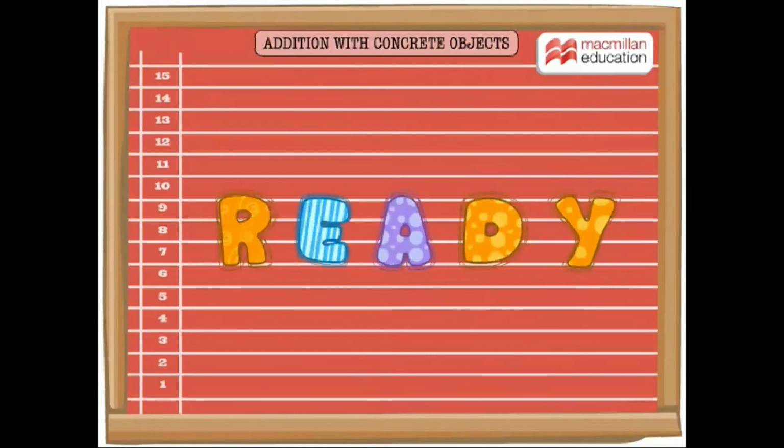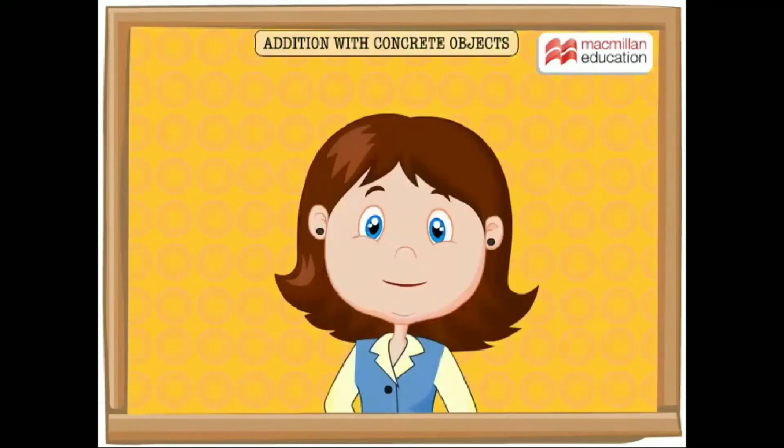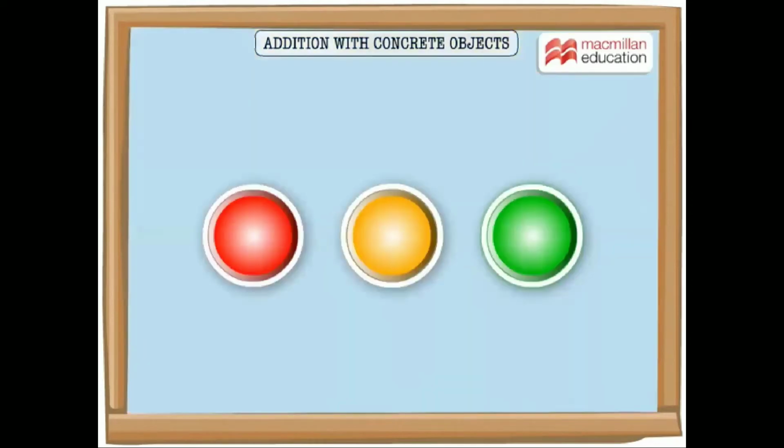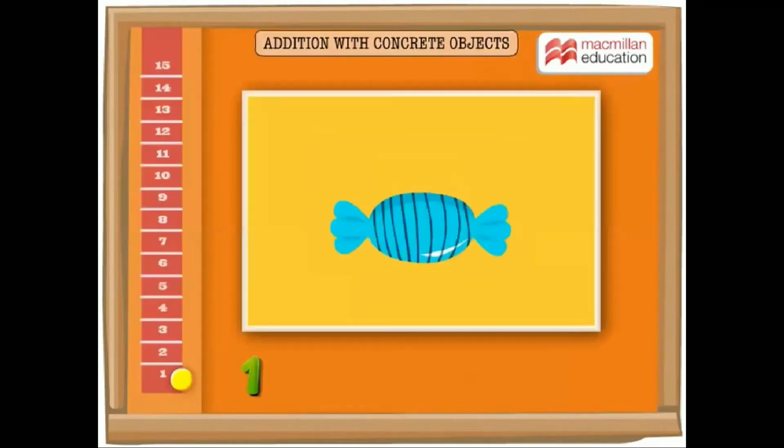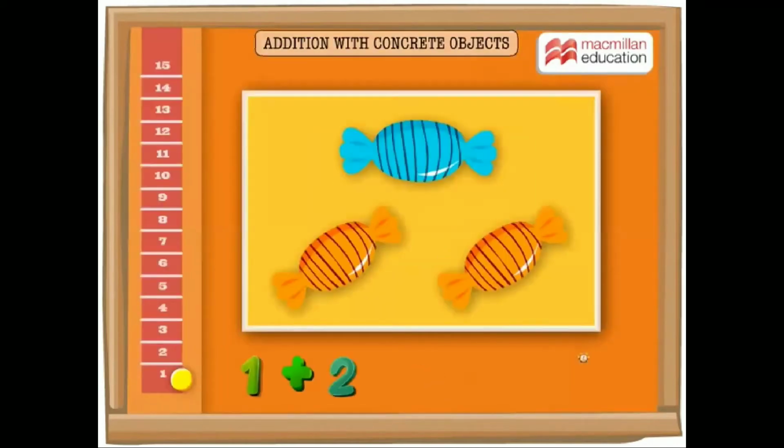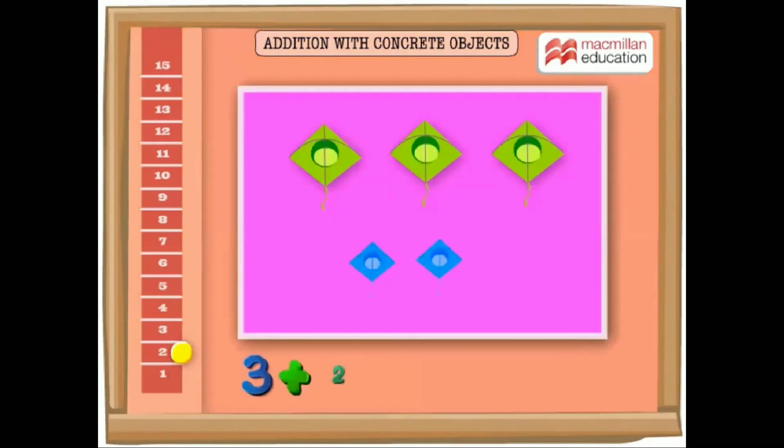Are you ready? Remember, you have to be really quick. Say your answers aloud before I give them. Ready? Get set and go! 1 candy and 2 candies make 3 candies. 3 kites and 2 kites make